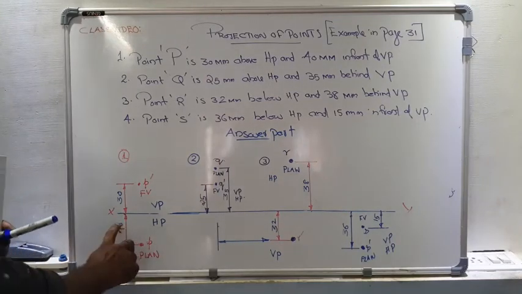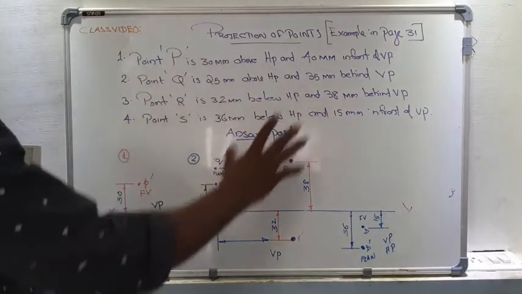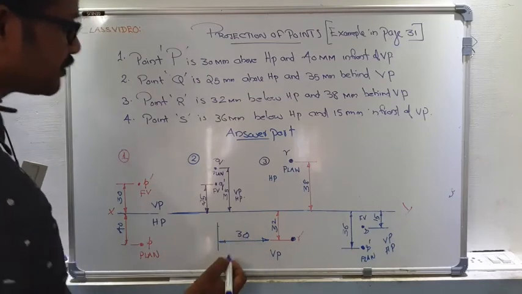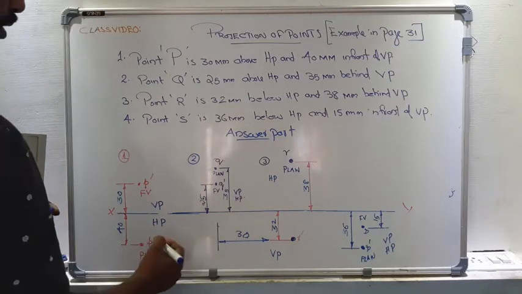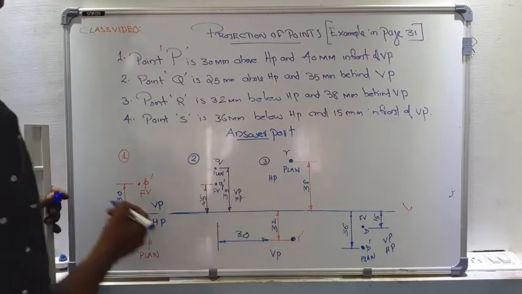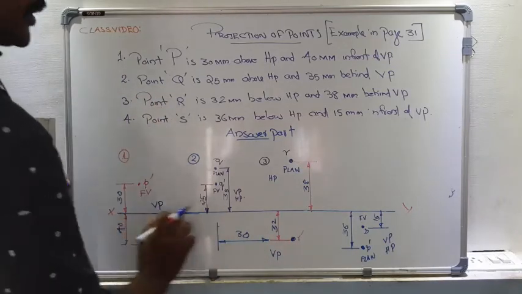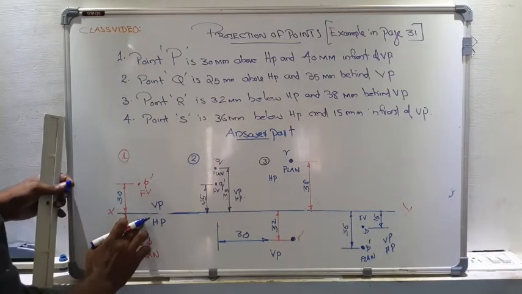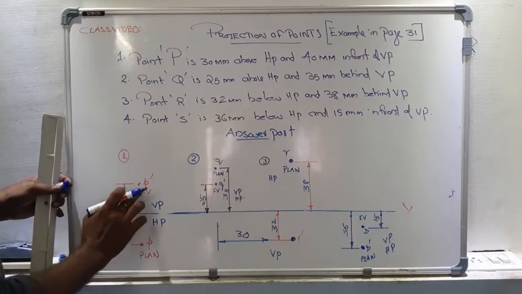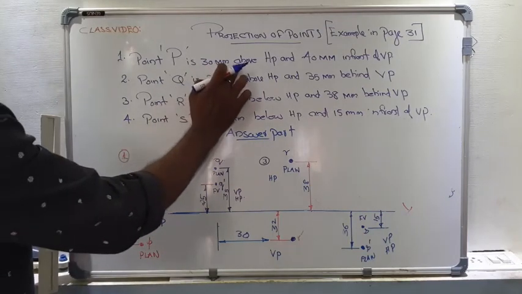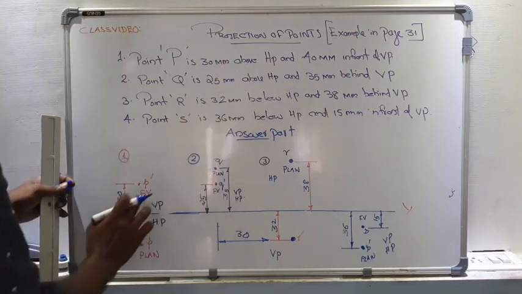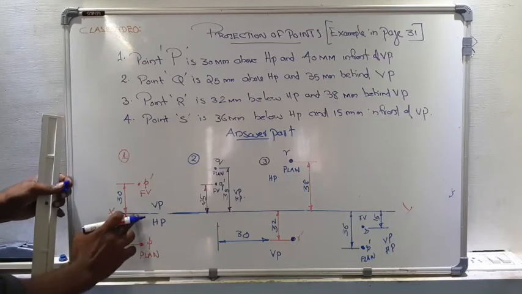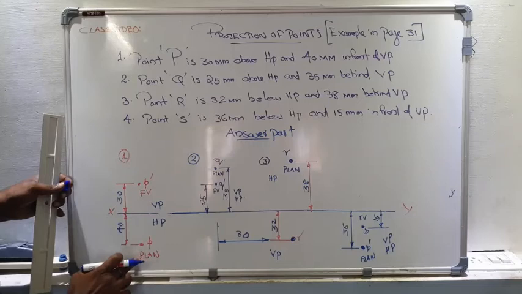First we have to draw the XY line. We have to attempt all the questions in a common XY line keeping 30 mm apart. Every question has a 30 mm distance. Now first we have to draw an XY line. Now attempt the first question here. First we have to project its front view. This question belongs to the first quadrant. So our front view comes above the XY line and plan should come below the XY line.